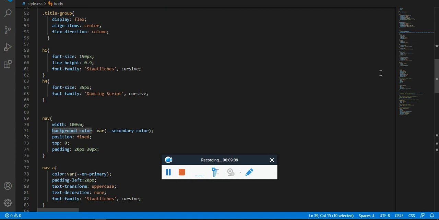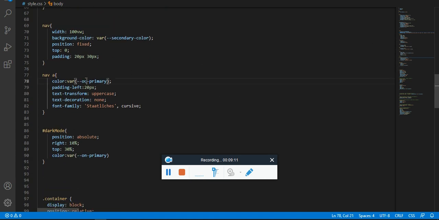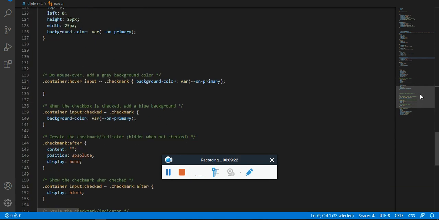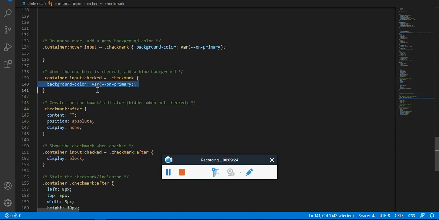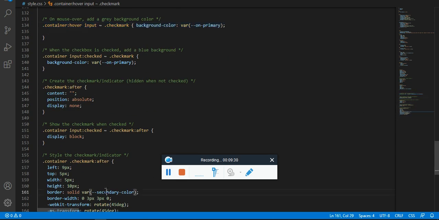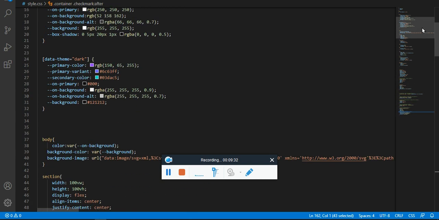You can see secondary color and here color. For this tutorial, I'm focusing only on the background color, the text color, and the checkbox color as well. On the checkbox we have changed the color to match the current theme, and nothing else.